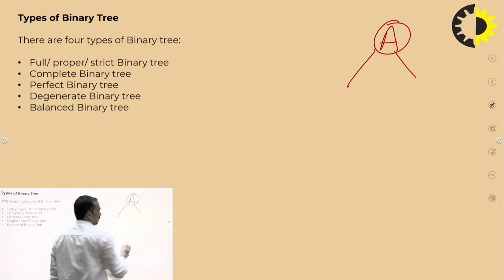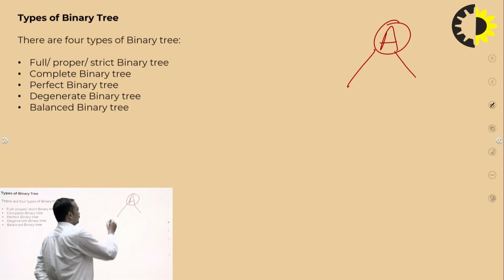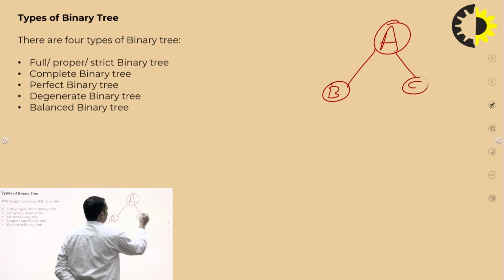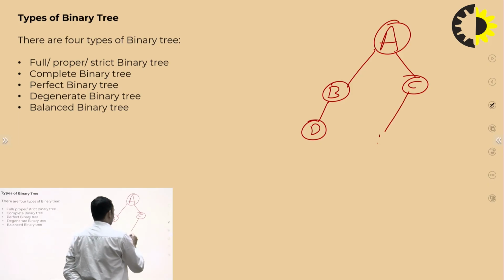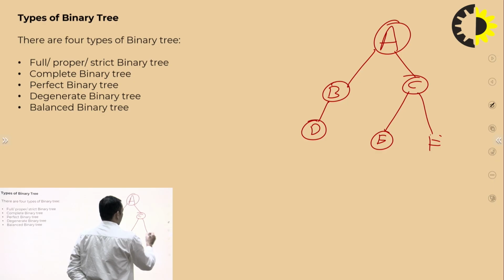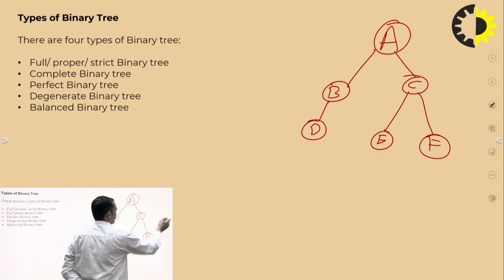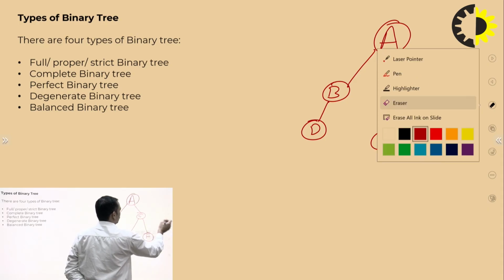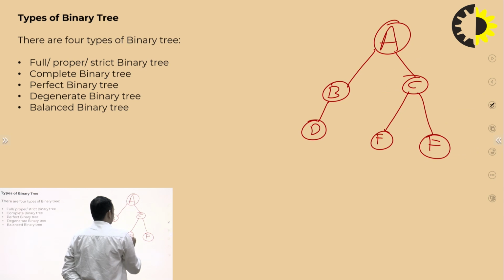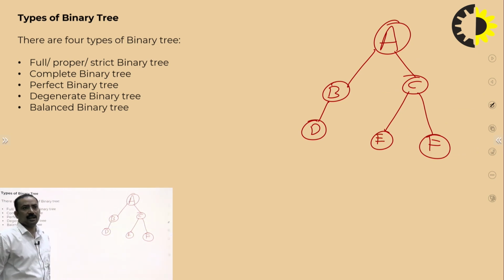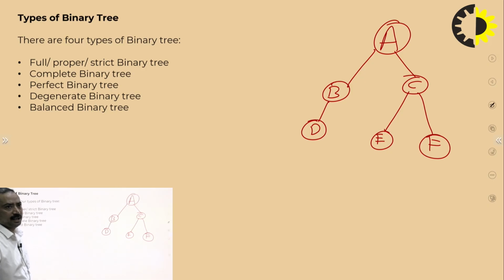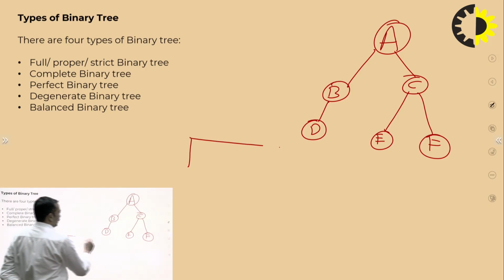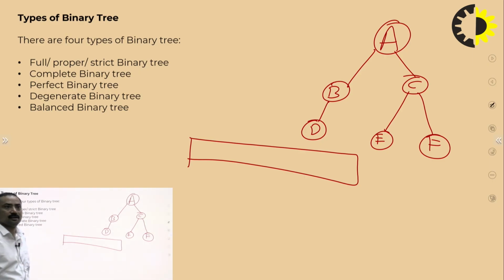We have A and we have children of A, B and C. Then the child of B is D. Again, suppose we have children of C like E and F. Suppose we have these, and when the data of the tree is stored in an array,